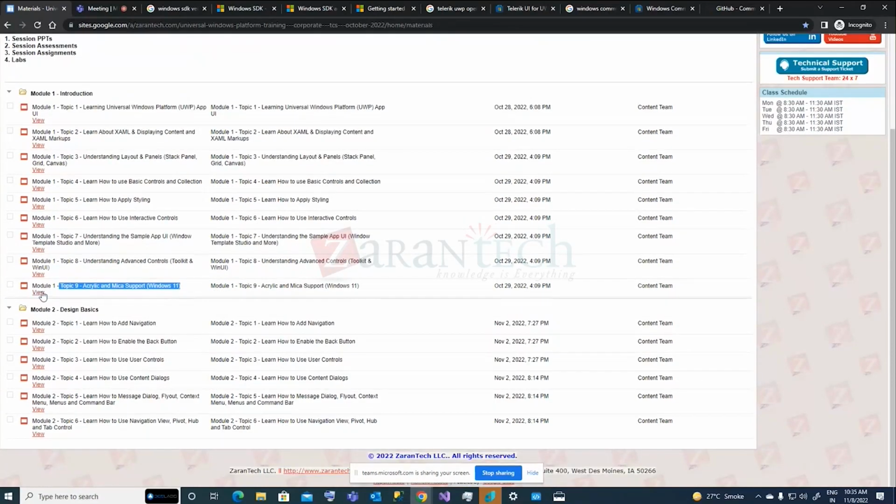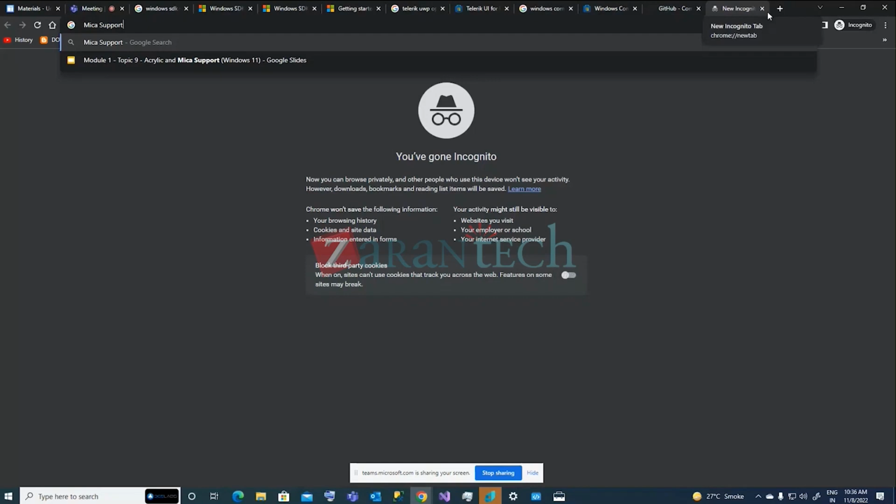Basically it is nothing special like Windows 11. I have told you that Windows 11 gives some latest design principles. So if your Windows